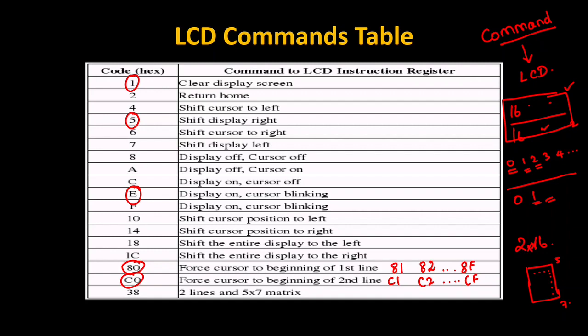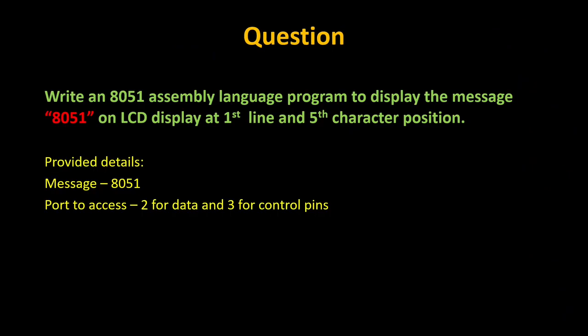So it can start from 0 and end with F. So 8 determines it is in the first line, C determines it is in the second line of the display, right? So there is no necessity of mugging up. While we are getting inside, we can understand how it is being used. So now our program: write an 8051 assembly language program to display a message of 8051 on LCD display at